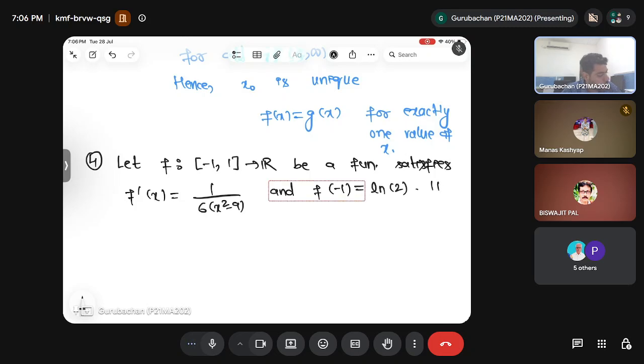Now using Lagrange's mean value theorem,